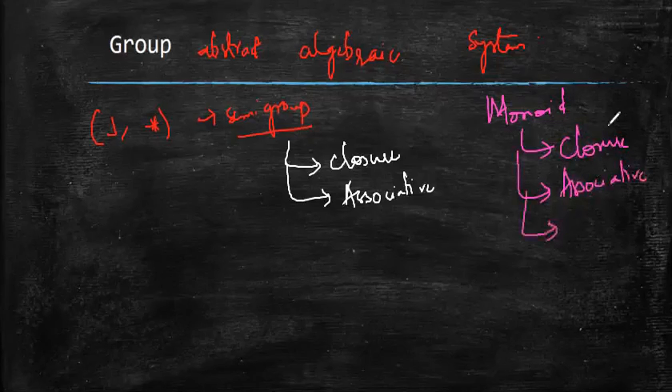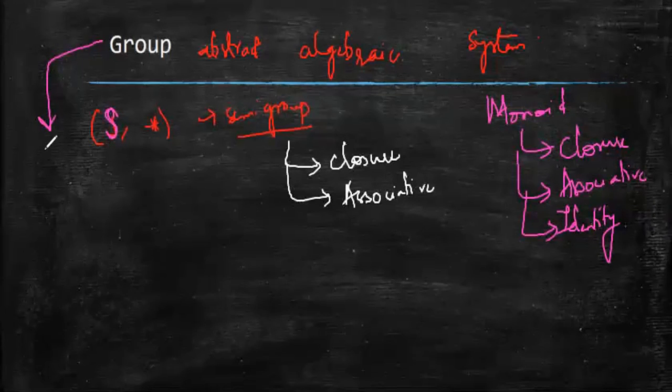And then finally we had the identity element. That is, the set S should contain an identity element E. Now what about a group? For a group, it should have all the three of monoid, that is, it should have